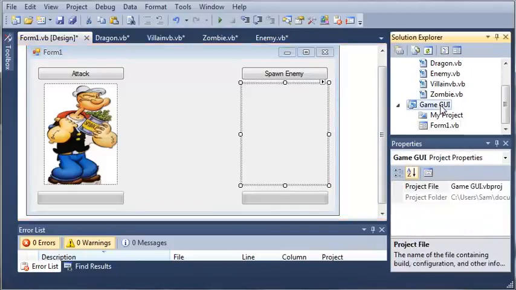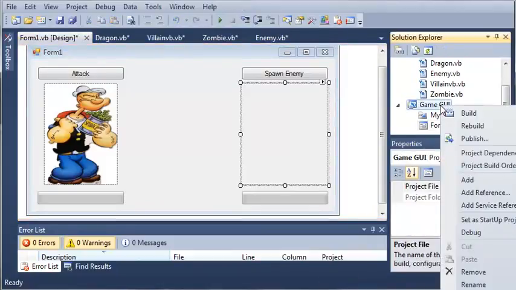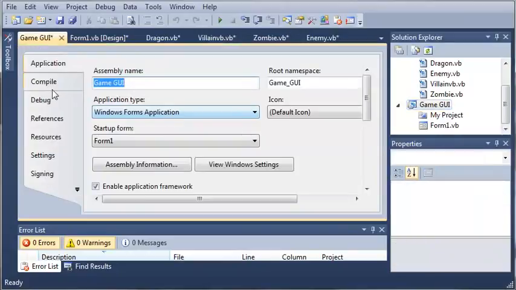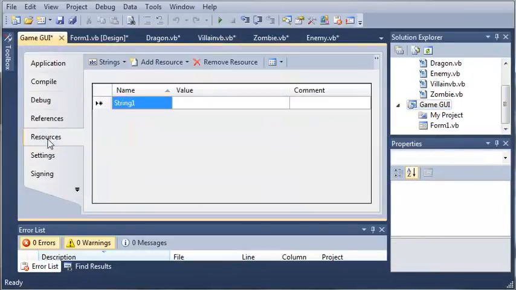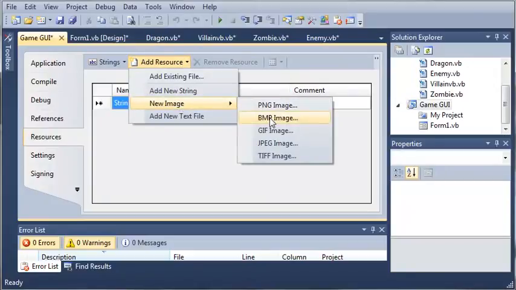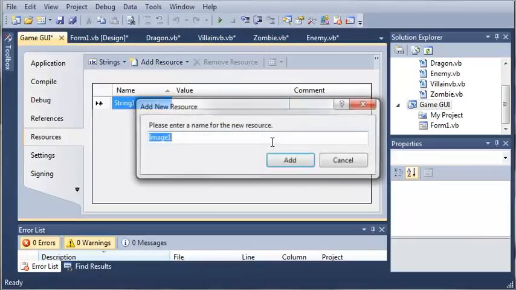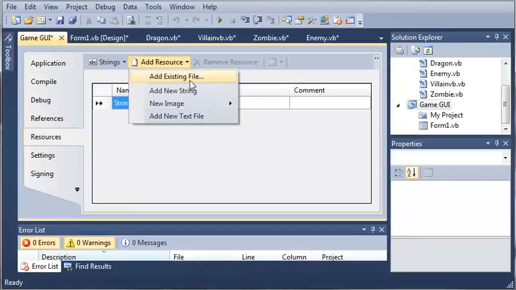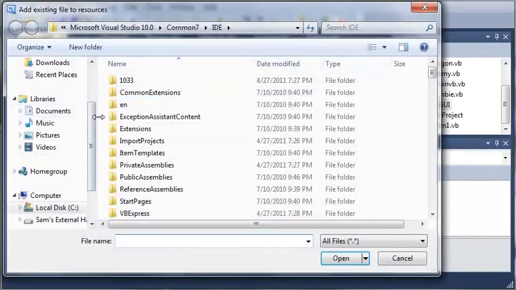So what we need to do is come over here to Game GUI, and we'll go ahead and open up the properties of it, and we can come over here to resources and we can add some resources. So let's add an image. So we will add, let's say, a JPEG. Oh no, wait. Let's add an existing file. Sorry about that. So we'll come over here to the